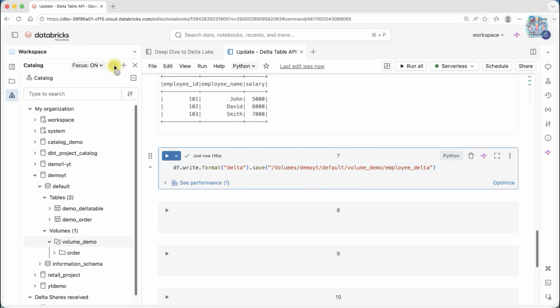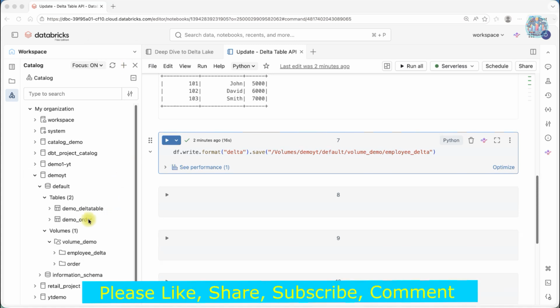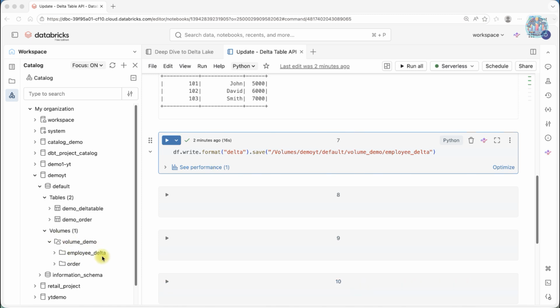Let me refresh this. The catalog is still refreshing, taking too much time. And you can see in the volume that the employee_delta format table is created